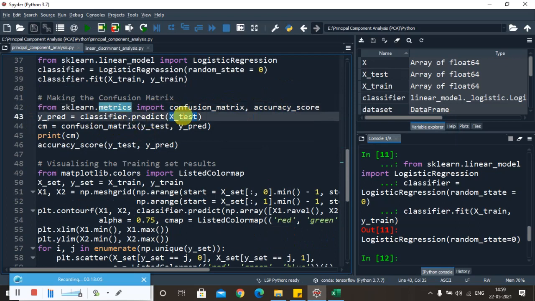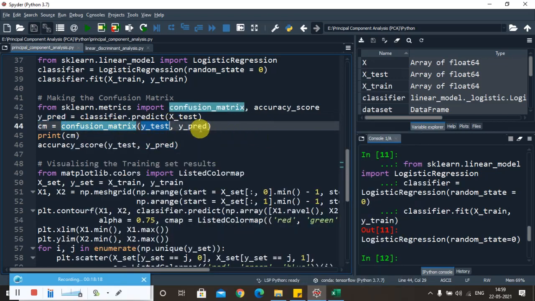We want to predict xtest, not xtrain, and put it in ypred. After that, we are going to create an instance of the confusion matrix and pass these values, ytest and ypred, store it in the variable cm, confusion matrix, and print that value.